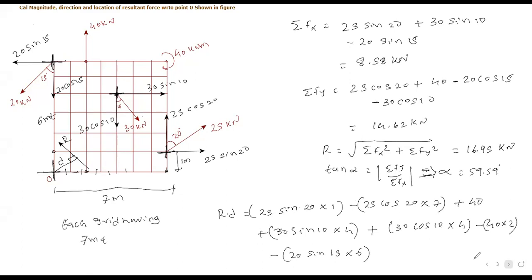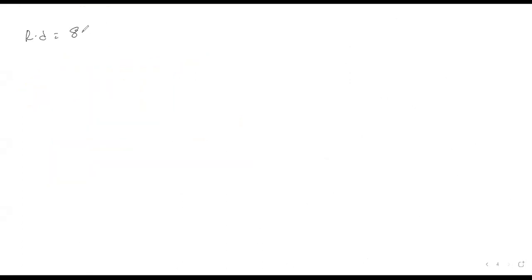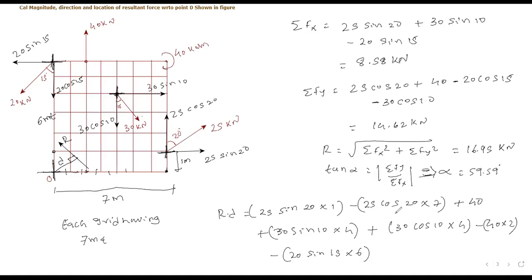8.55 plus 25 cos 20 into 7. What is the value? 164.44 minus